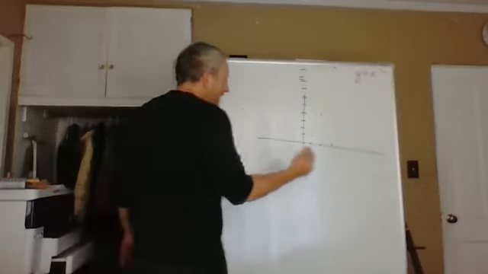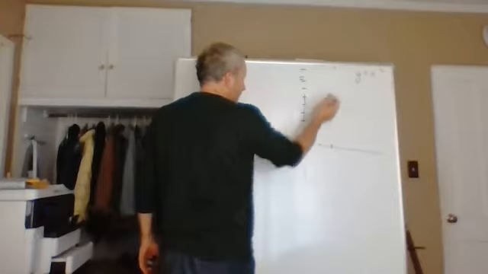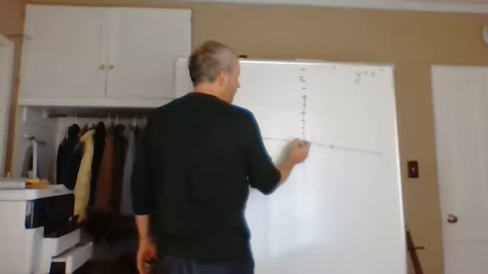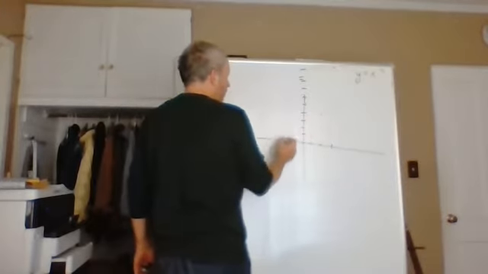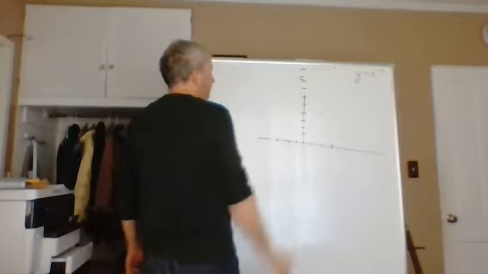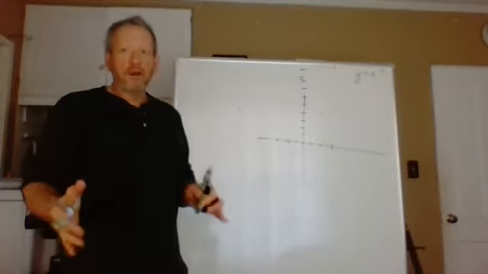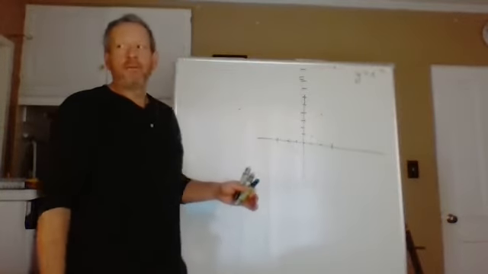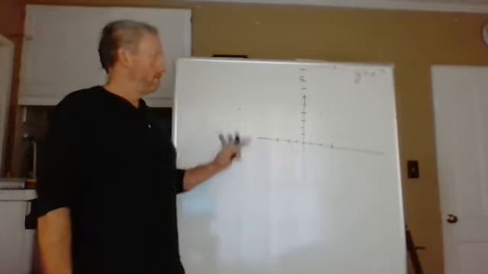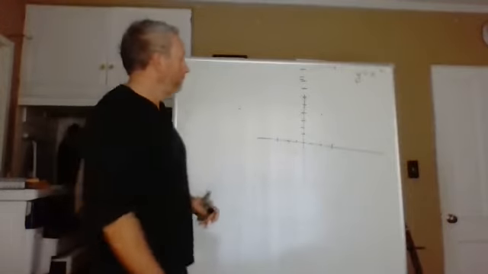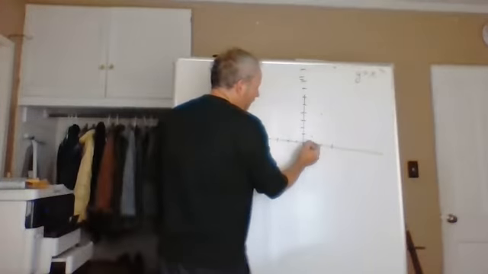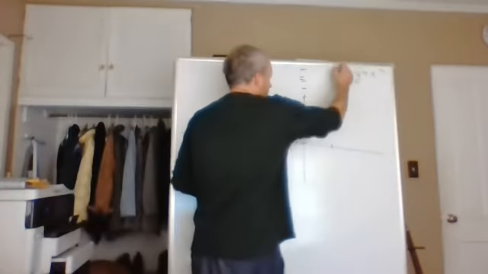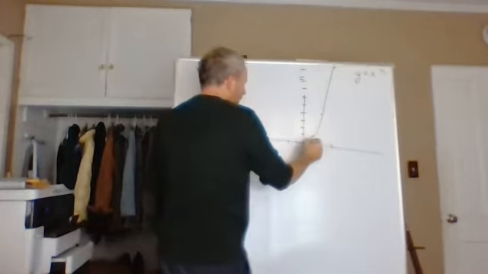But what if x is negative 1? If x is negative 1, negative 1 squared is 1. If x is negative 2, y is 4. If x is negative 3, y is 9. And we shouldn't leave out fractions. If x is 1/2, 1/2 squared is 1/4. So if x is 1/2, y is 1/4. If x is 1/3, y is 1/9. And what you get